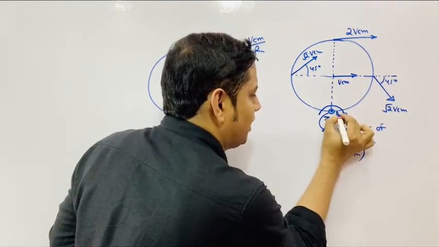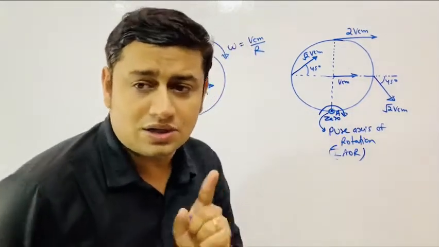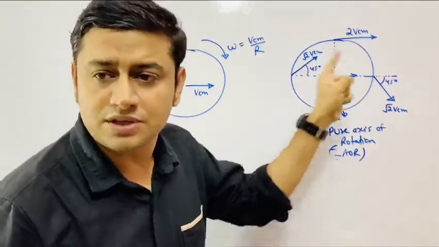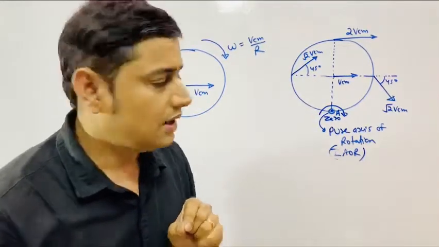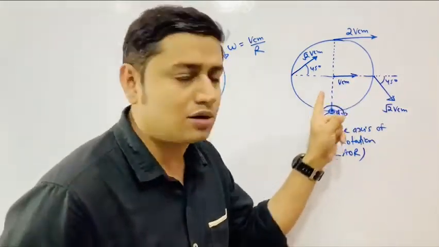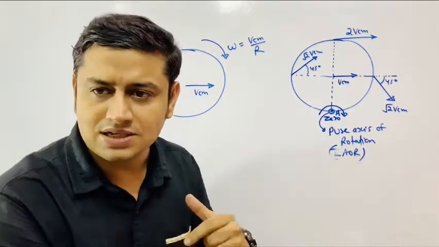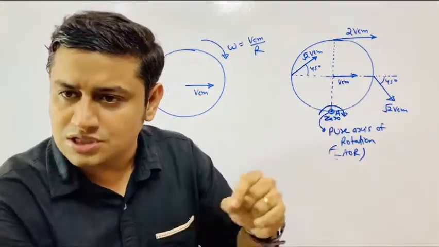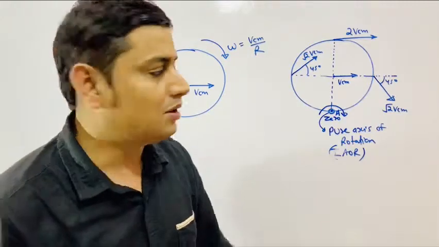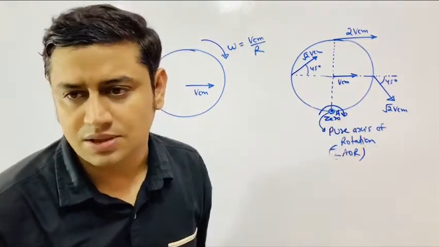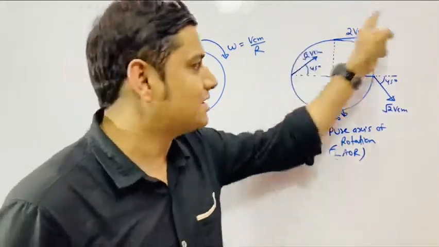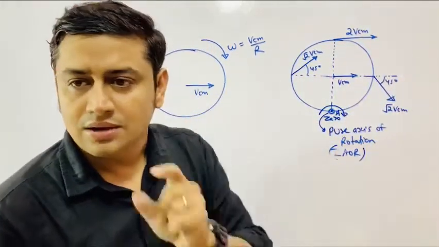Call this point as point A. If I do not take VCM and superimpose it with omega R, if I do not take rotational motion about the center of mass, see, if I am taking rotational motion about the center of mass axis, I have to take VCM superimposed, because I have a habit of seeing at the center of mass. But actually this motion is purely rotational motion about this. I would get the same answer, the same velocities, in a single step.